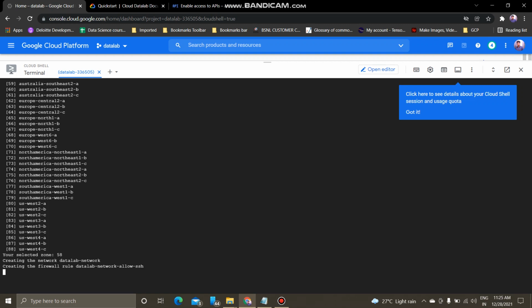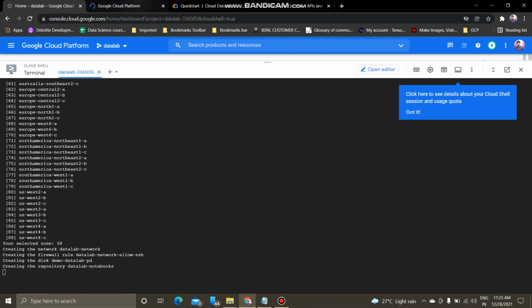And finally, a Compute Engine instance will be established on which our Data Lab will run. All these things I will show you inside Compute Engine.